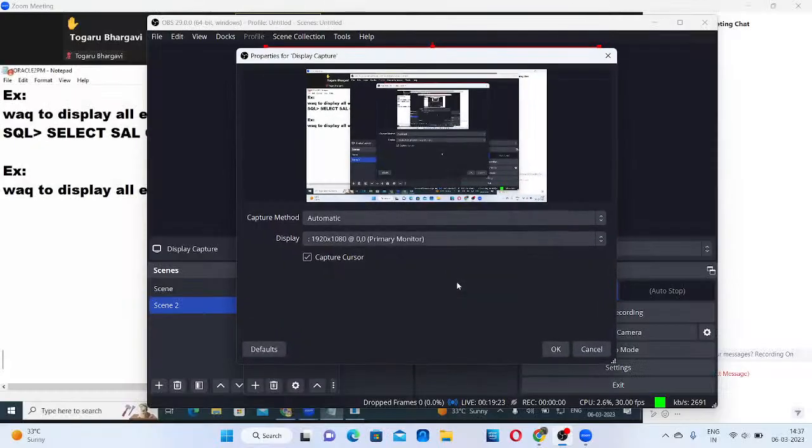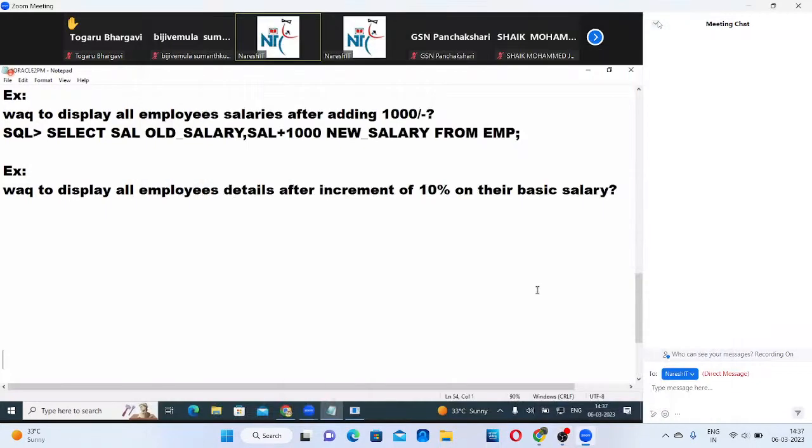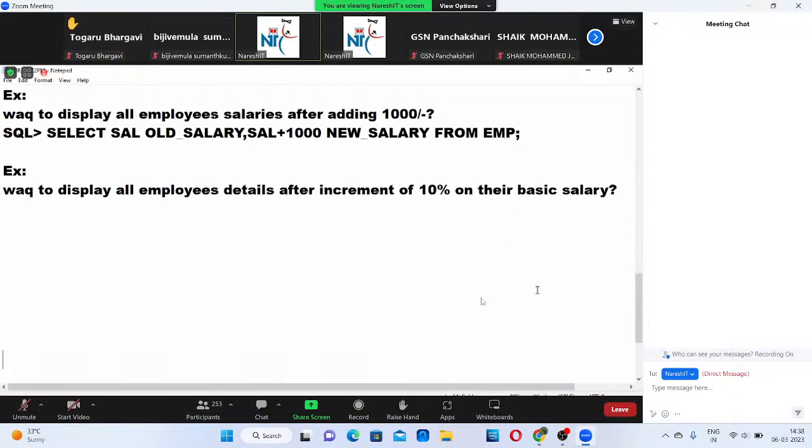So suppose your salary was 25,000 and the company will give 10 percentage of increment to you. How much? 25,000 into 10 percentage, 2,500. 2,500 is your increment. What is your basic? 25,000. So whatever increment was given by the company, that incremental amount will be added to your basic salary. Yes or no? Then total